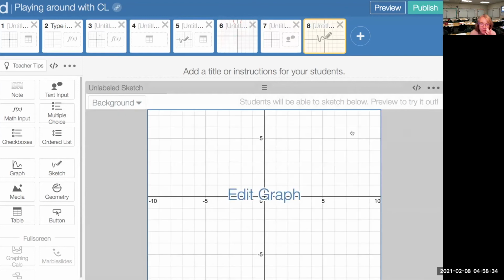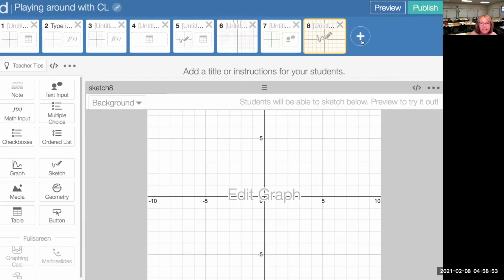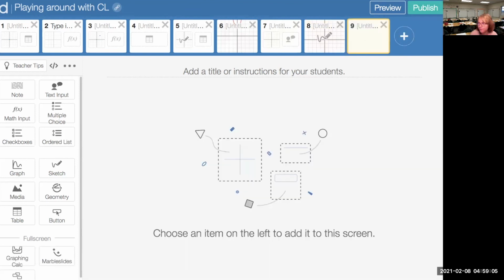And then this is now going to be our source. So we need to call this something like sketch 8 maybe, or S8. And so this is our sketch now. So we'll preview, let's see what it looks like. Looks like this. And then we want to take the student writing and copy it to the next page. So we're going to let students maybe sketch something on there and then compare it maybe on the next page. So make them do it on this page, and then the next page is to compare or maybe to shift. Okay, so the way we do that,